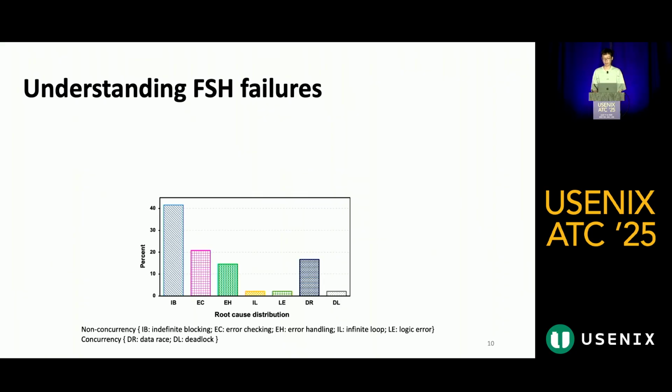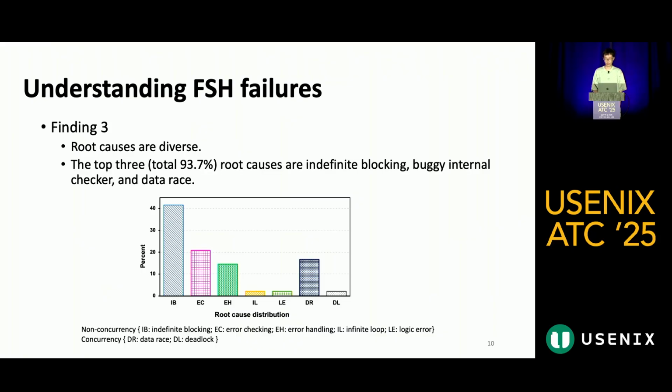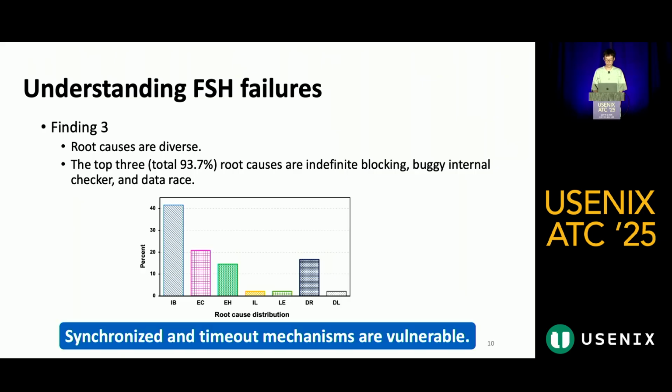Additionally, we find that the root causes of the studied failures are diverse. The top 3 root causes are indefinite blocking, buggy internal checker, and data race. Only data race and deadlock belong to concurrency bugs. After diving into these root causes, we observe that fail-slow hardware causes FSH failures due to bad practice of synchronization and timeout mechanisms. This talk takes the synchronization